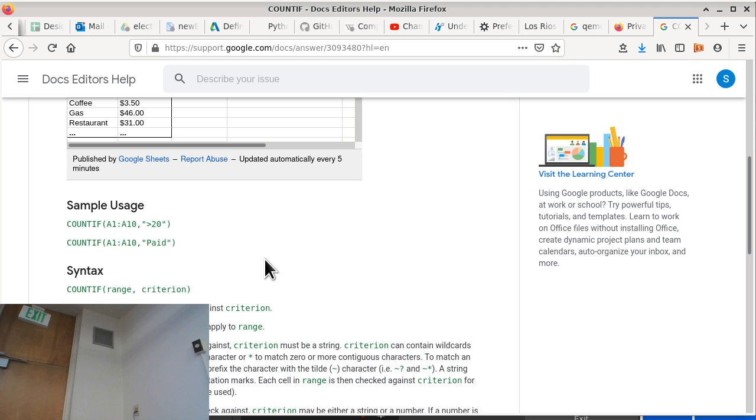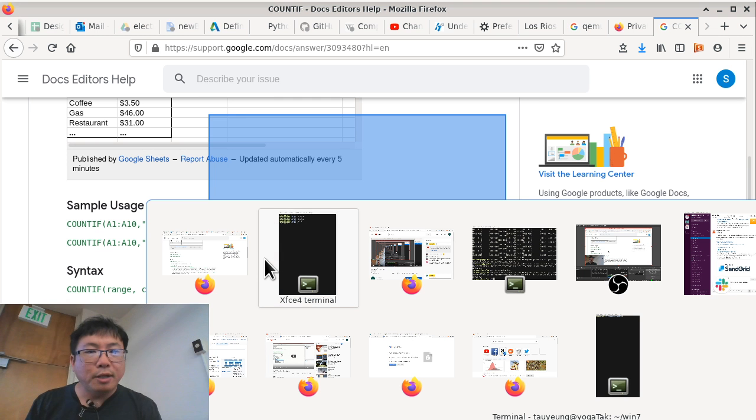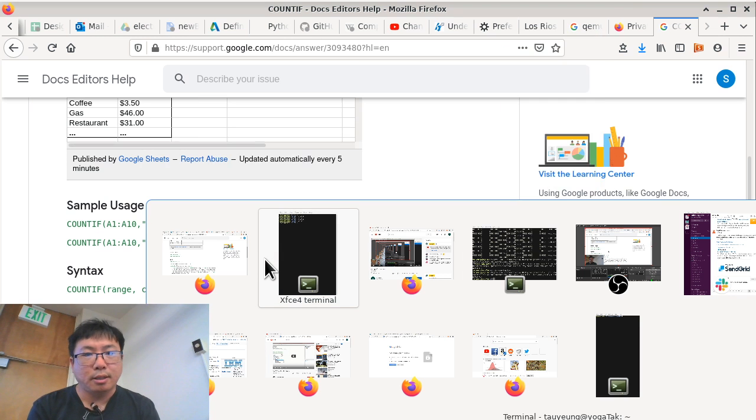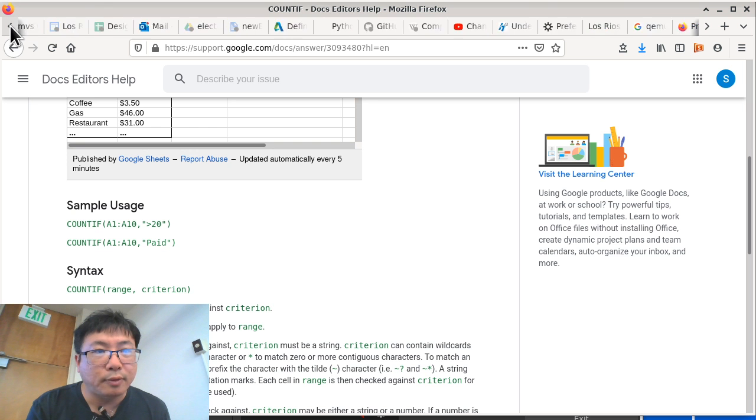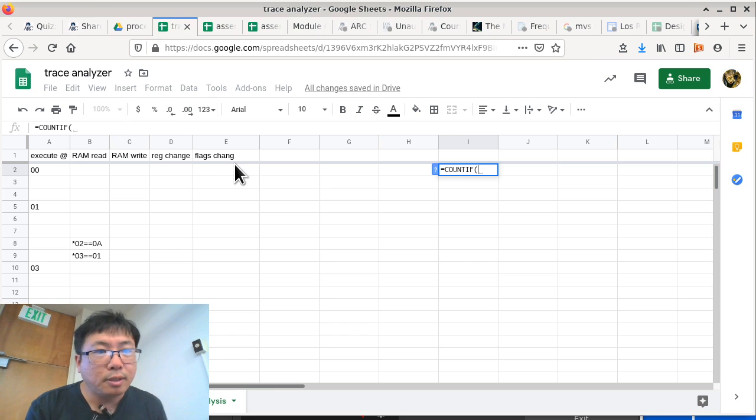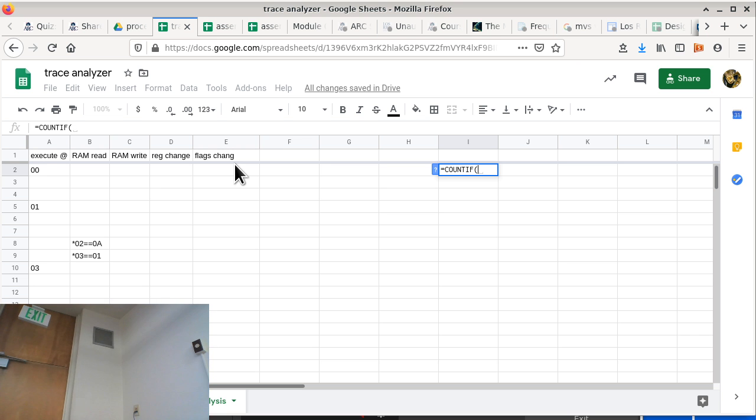Okay, but you can now see why the spreadsheet is a really useful tool, because if I were to do this, let me switch back to the spreadsheet first. So if I were to do my trace analyzer in a different way, where is it? This way. If I were to use a customized program to generate the output here, then it would